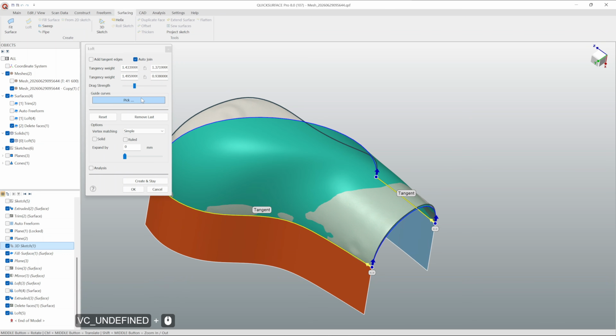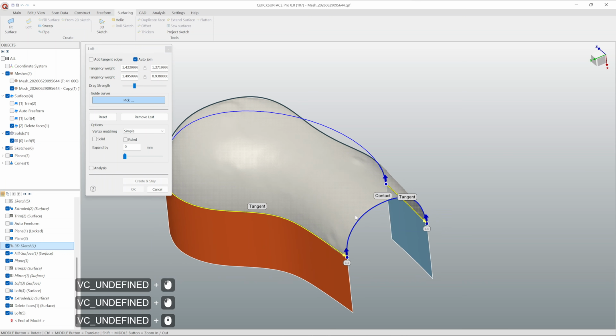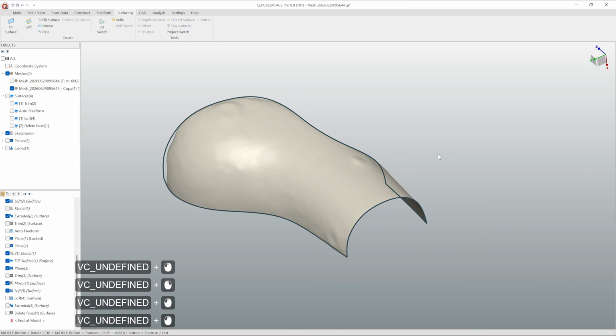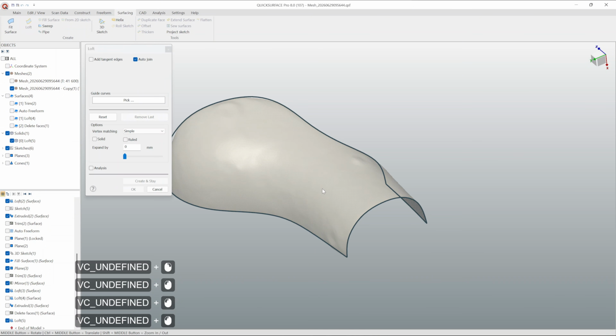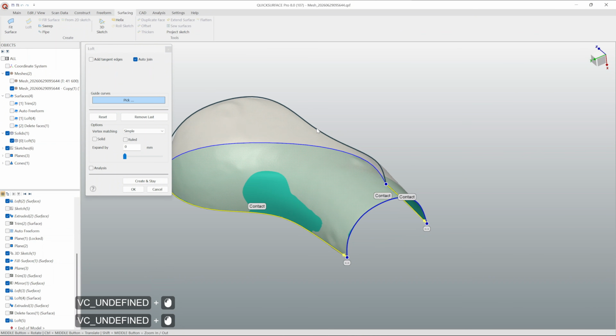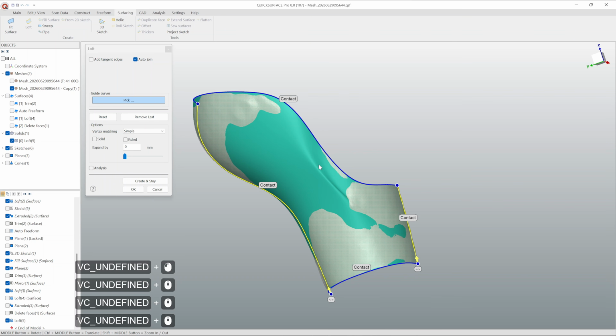hopefully they will match right now to my surfaces, or probably they won't. Yes, they are not. So let's just hide all these surfaces and repeat the same from here. So this one to this one, and I want to use this curve as a guide curve, and this one as well. So we have result, but we can see instantly here starts to form